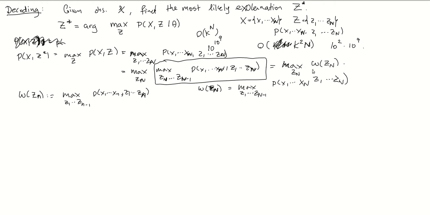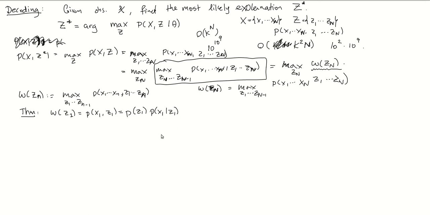But it turns out that this guy, let me just write it as a theorem. A theorem. So it turns out you can compute this guy efficiently. So omega of z1 is the probability of x1 and z1, which using conditional probabilities you can write as c1 times p of x1